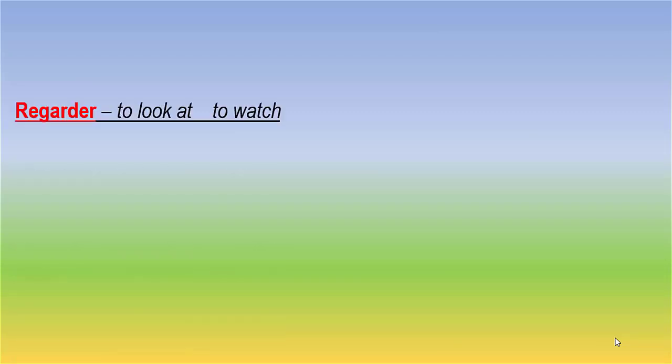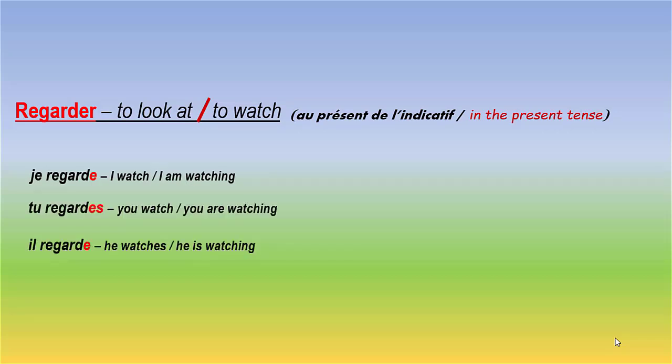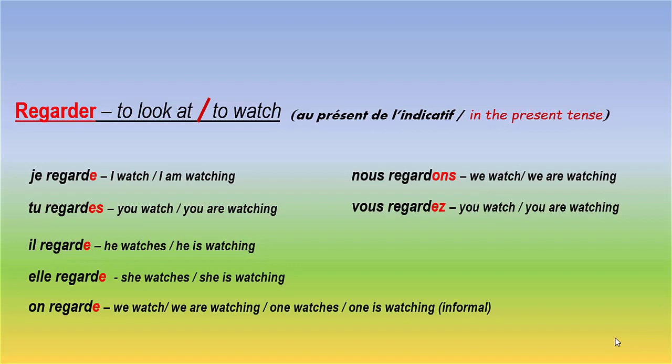Now let's have a look at another conjugation with another common ER verb. Regarder, to look at or to watch. Au présent de l'indicatif. Je regarde, tu regardes, il regarde, elle regarde, on regarde, nous regardons, vous regardez, il regarde,